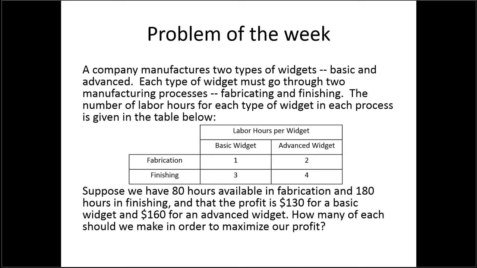So we have a problem where we have a certain number of hours to make a widget, but we also have a limited number of hours available and different profits depending on what kind of widgets we make. So I wanted to make the problems more and more realistic as the weeks rolled on here. So keep this problem in the back of your head or the front, and let's start